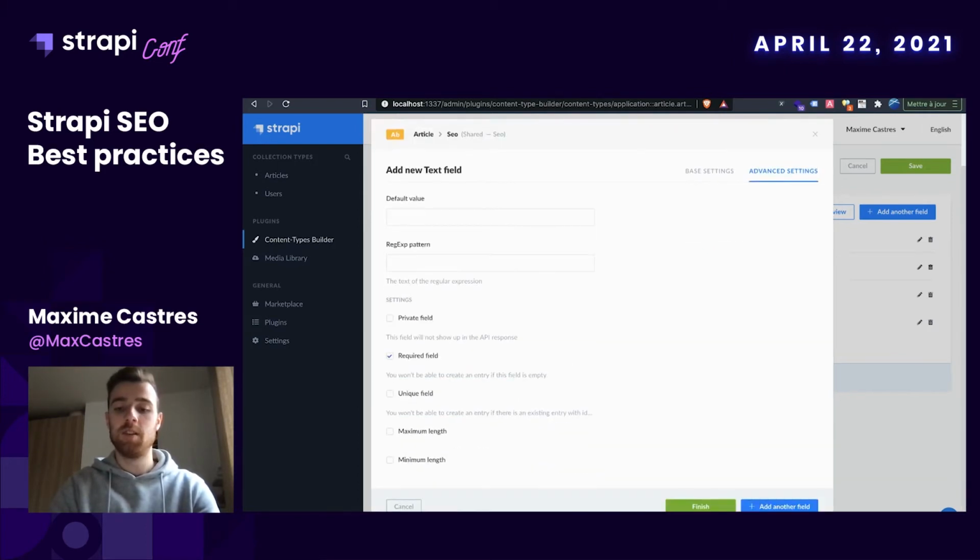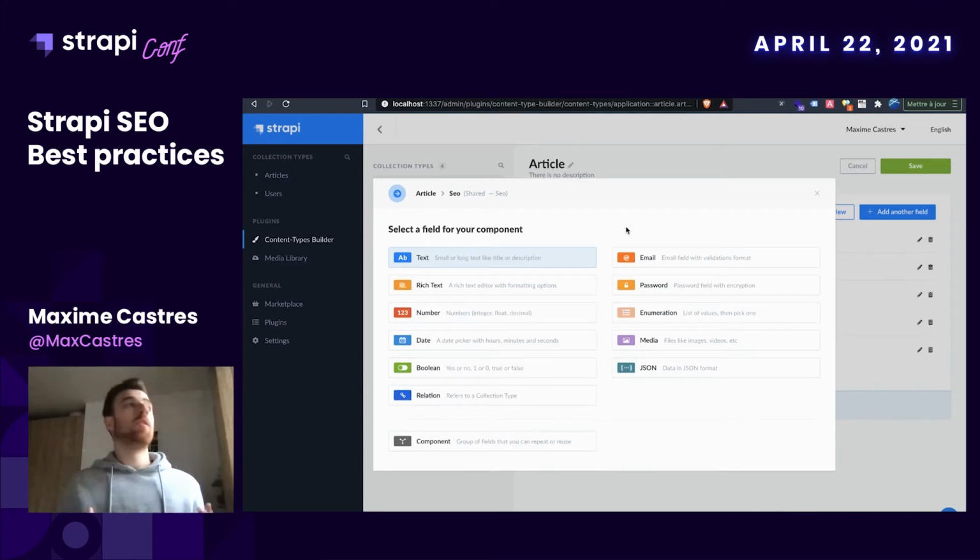Required too. Add a new field, and then we are going to add a new component that will contain, for example, a media, an image, and an alt attribute that will correspond to this image. So, for example, here it doesn't make really sense for an article collection type, but if you share your article on social networks, on Facebook, on LinkedIn, it will automatically generate a